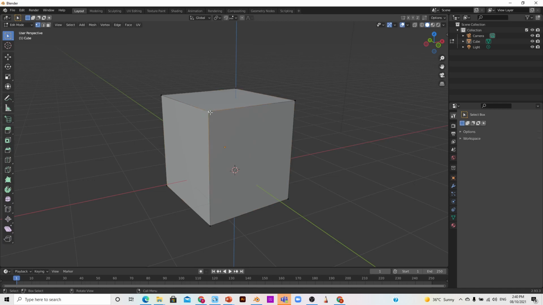And when you connect two vertex, they become vertices, and they will activate one edge. Edge is the line, vertex is the point, and face is the side that you need. This is the only thing you need to remember. Okay, now guys, you need to learn the other selection tools also, because you don't require